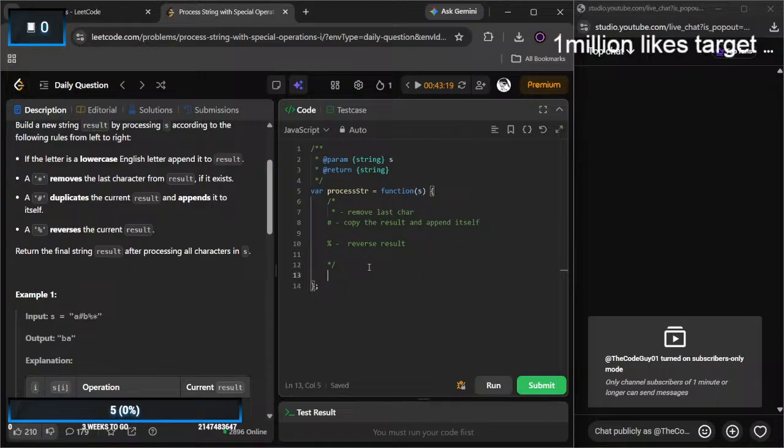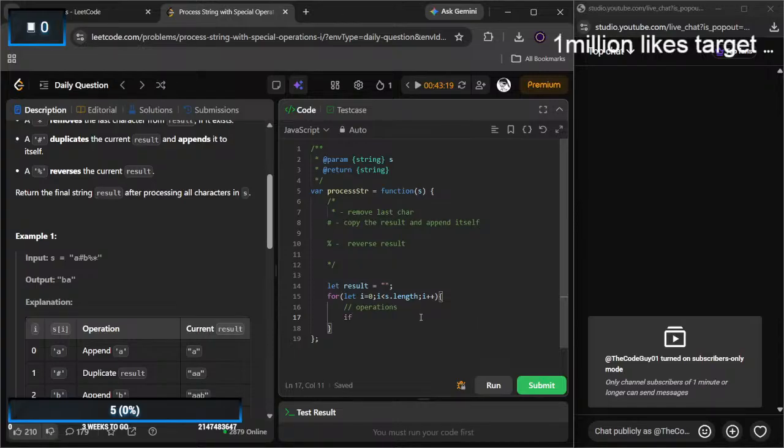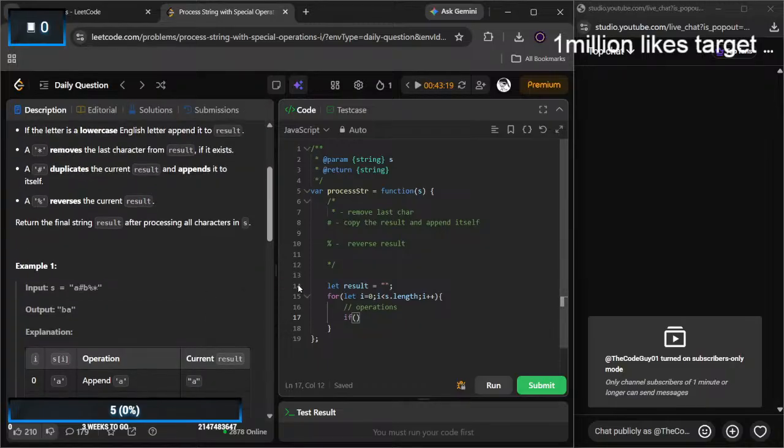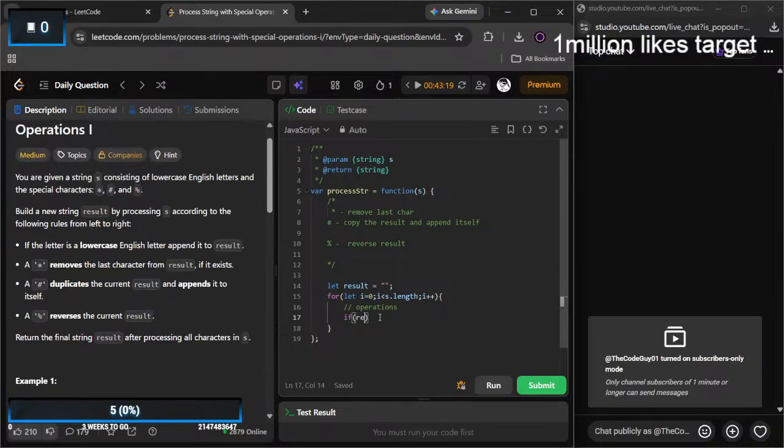First we have to process my string. For that we are going to take a result, which is going to be an empty string right now, and we iterate over the string, from 0 till n, where n is s dot length. Now our operations are going to be checked here. First, we can check, should it be in order or a different kind of order. Let me do: if my s of i equals to,